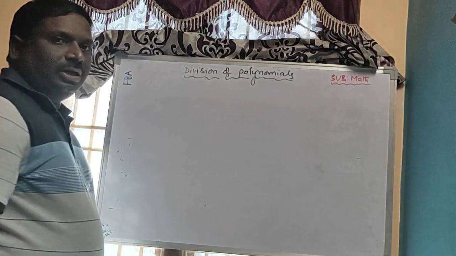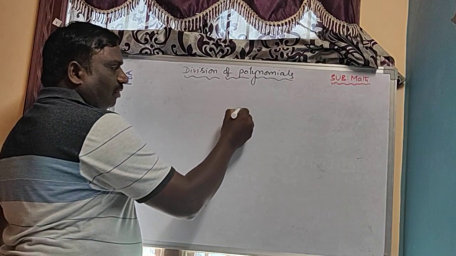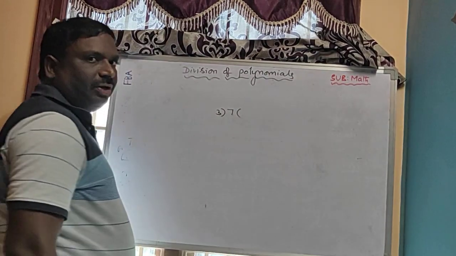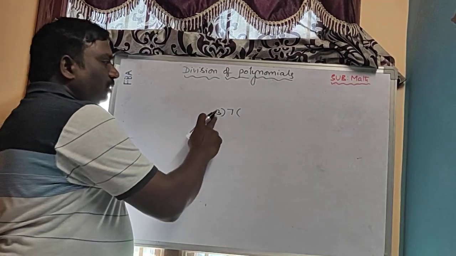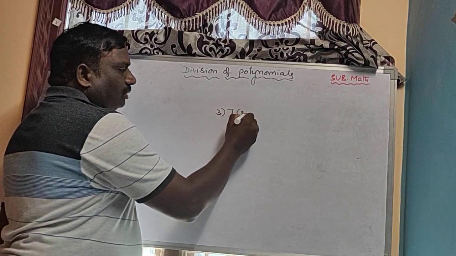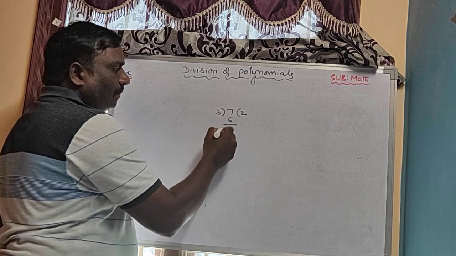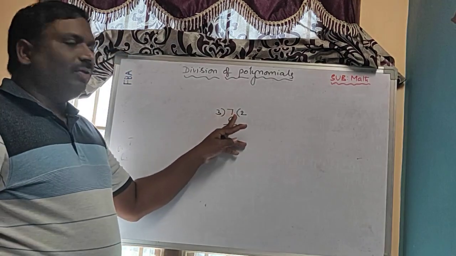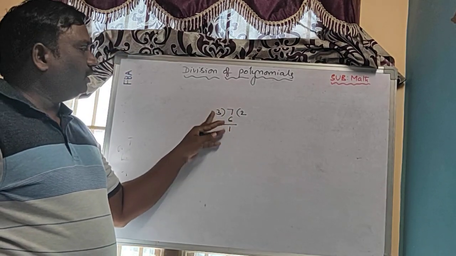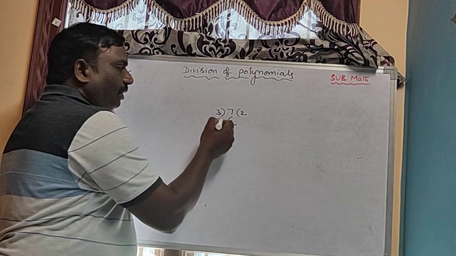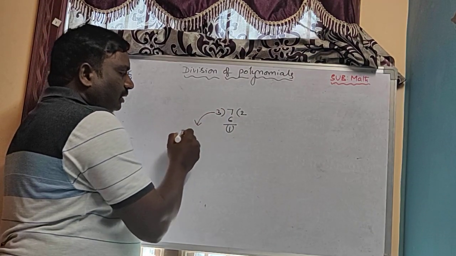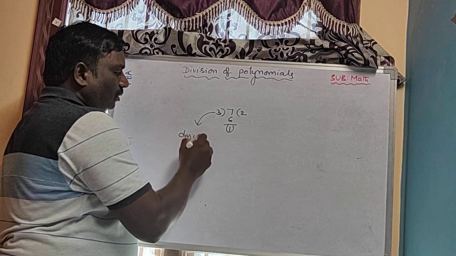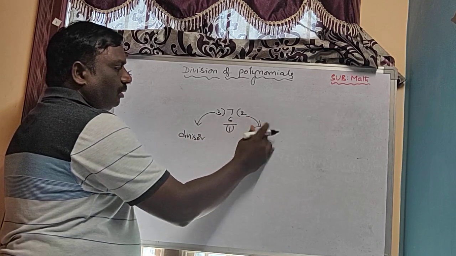So let us take the example 7 divided by 3. In that 3 table, 3 twos are 6 will come. In that 3 table, 7 will not go. We have to take the nearest value, that is 3 twos are 6. When you take the normal division, this is called divisor and this is called quotient.